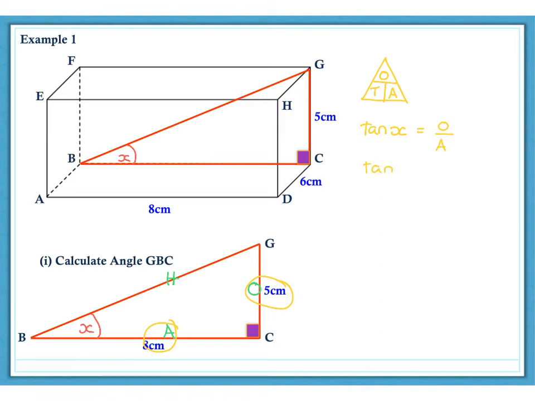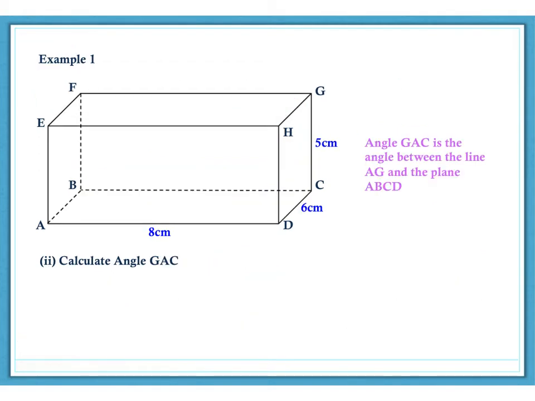And then this tells us that tan of x is equal to the opposite divided by the adjacent. So tan of x is equal to 5 divided by 8. And x is then equal to tan to the minus 1 of 5/8, which we can calculate using a calculator. This is equal to 32.005, which rounds to 32.0 degrees to 1 decimal place. Let's look at the second part of this question. We've now got to calculate angle